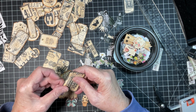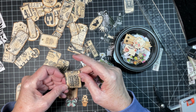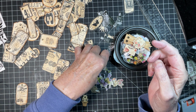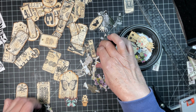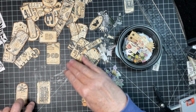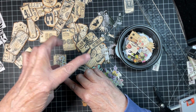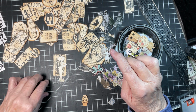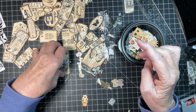This one, I don't know what I did here. I don't know what that is, but I don't like it. So that I want to cover up. And that's so delicate. That just disappears, doesn't it? That's not going to work. And I have to remind myself to stay on. I want y'all to see what I'm doing. X marks the spot. I need an X here so that I know exactly where my camera is. That doesn't really do anything. I don't care if I cover really the whole thing up because